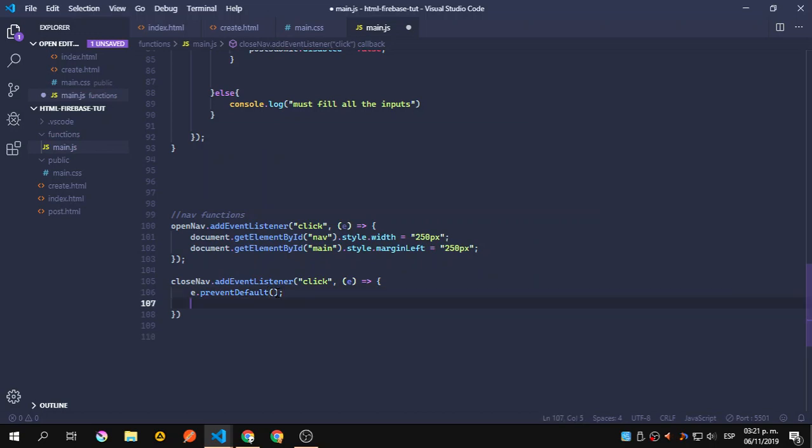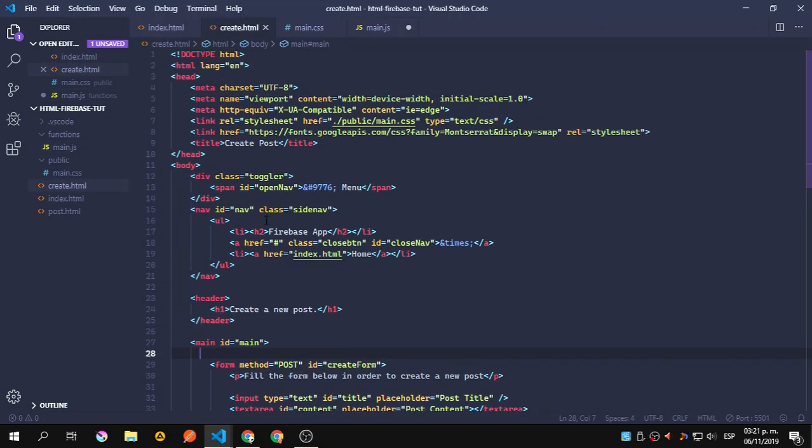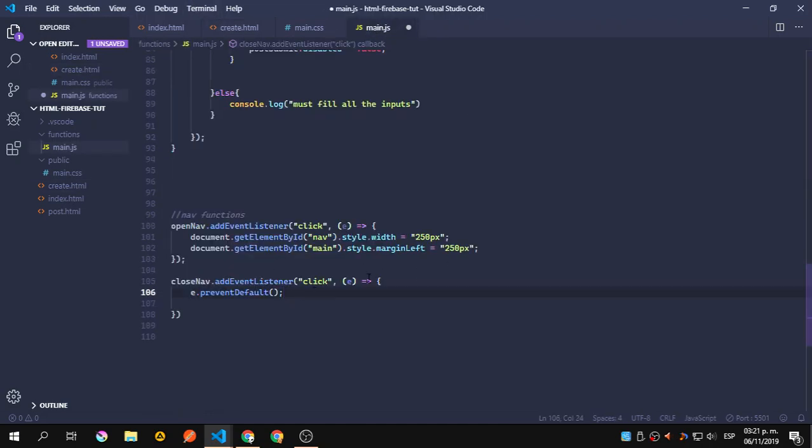So event prevent default. I think it's a link, right? Forgot. So the close is going to be, yeah, it's this link. To avoid to refresh the page, we're going to use the event to prevent the default behavior. So that's why we need the event prevent default, and we're just going to copy this